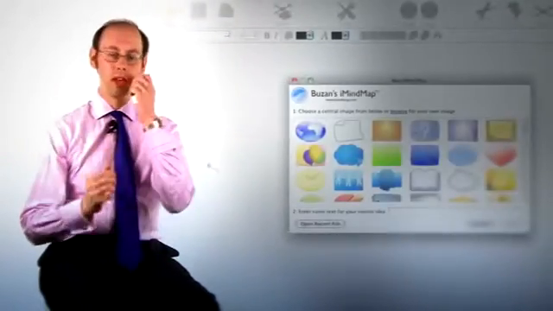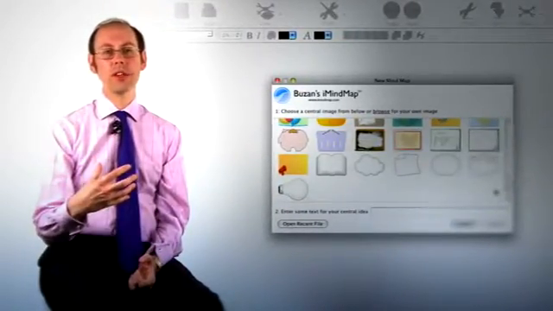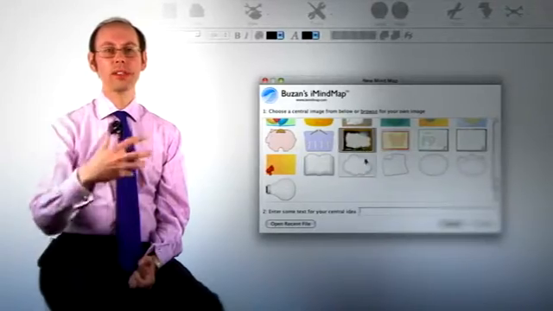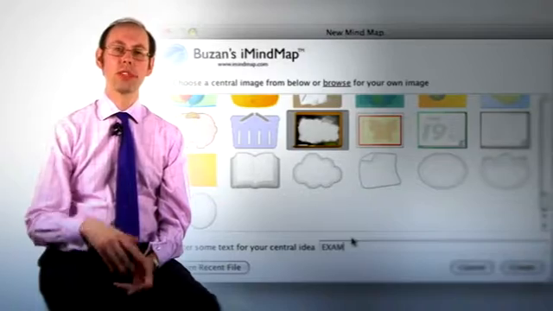So try and be as creative with your central image as you can, and use it to be either the ideal that you're aiming towards, or a representation of the things you need to overcome, one way or other. It's obviously better to think of something positive than something negative, but try and represent that graphically in the centre of your mind map. If you really can't think of an image that represents it, then you can write a